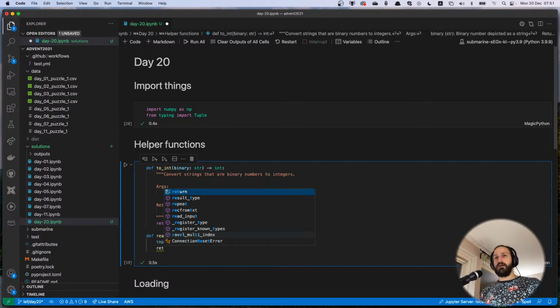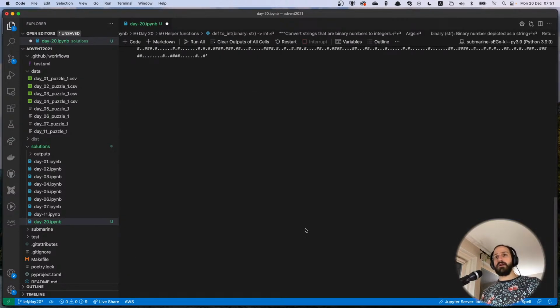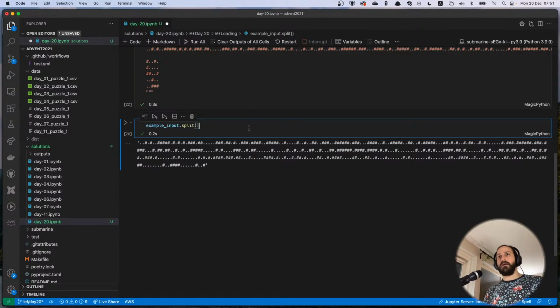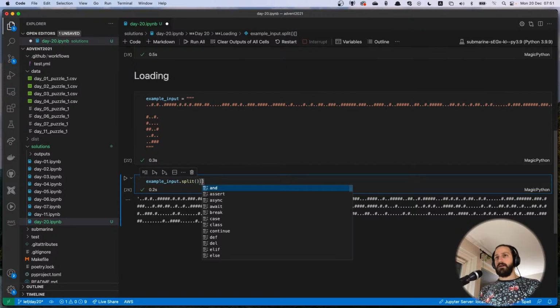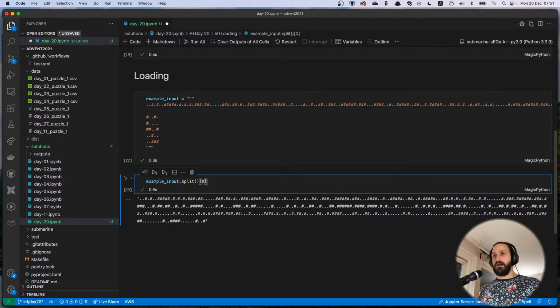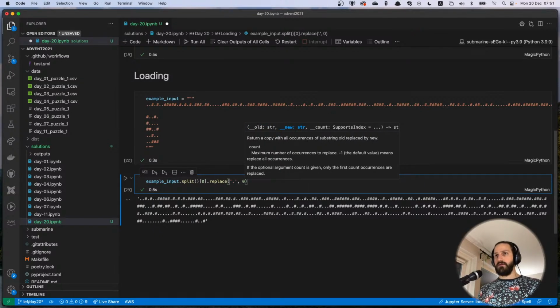So I'm just gonna do this. Let's see. What we want to do is take this input and map each hash to a 1 and each dot to a 0. So if we take this one, I can do replace. Yeah, that's pretty simple. Dot with 0